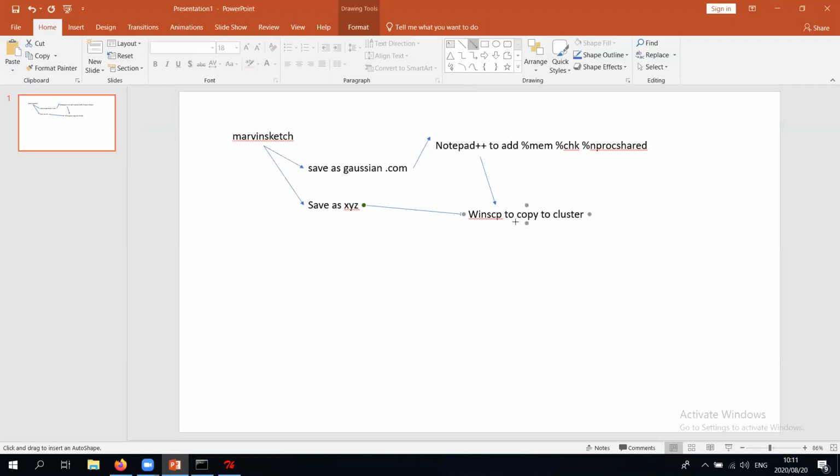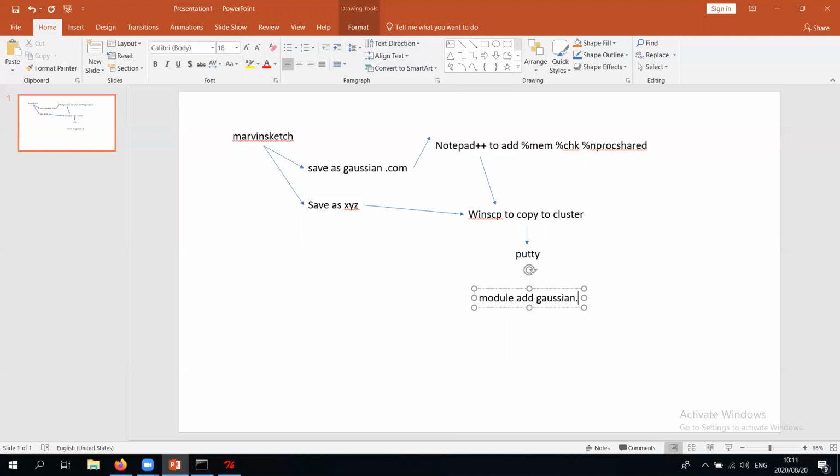After copying to the cluster, the next stage was PuTTY. Okay. And with PuTTY, once you're in, once you're connected to the server, there were several other things that we had to do. Of course, we have to either module add. We did the module add. That must be a small m. This autocorrect is driving me mad. Module add Gaussian